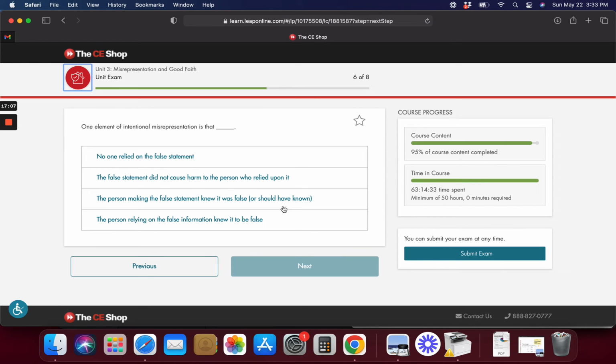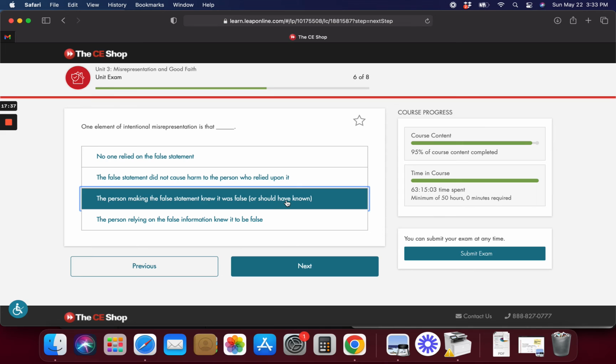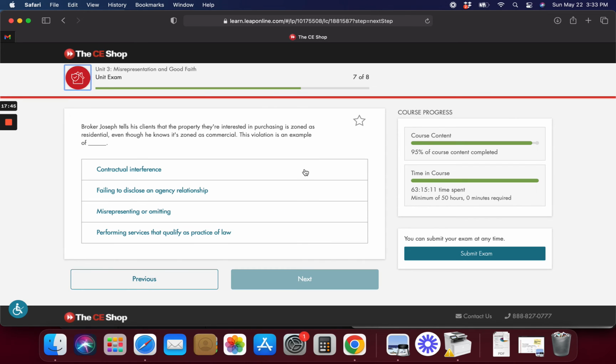One element of unintentional misrepresentation is: the false statement did not cause intentional. The person making it knew it was false or should have known. The person relying on the false information knew it was false. The person making the false statement knew it was false.